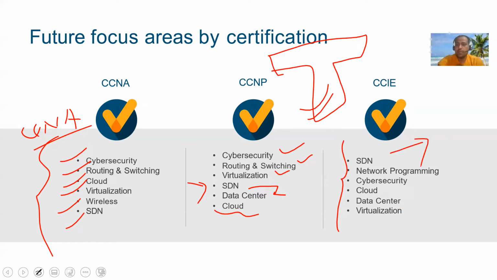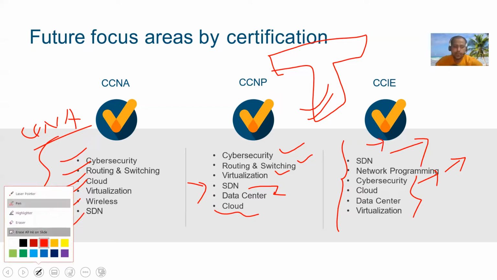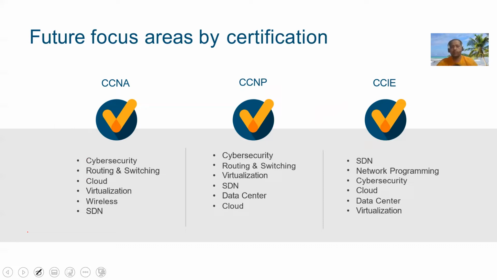So if you go and do CCI in enterprise, you have to learn SDN first of all, SD-WAN, SDN, and DNA. That's the campus area network SDN. That's the DNAC. So these two things you have to learn for CCI enterprise. Network programming is something that whatever stream we have, we should know network programming. So automation and programming is a must. Then you can go and add these as electives, like after 2-3 years or next year onwards, you can go and check security, cloud, data center virtualization. So it's up to us what our support area is, where we are working in an organization. According to that also we can prepare.